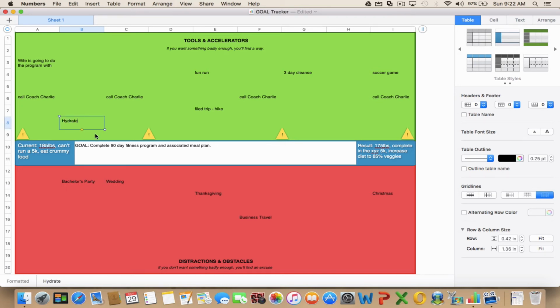It can be as simple as hydrating. It could be as simple as healthy snacking, and we can talk about that as a technique, but it's kind of a beforehand type of thing. If you eat something real healthy before you go, you're not as hungry, you're less likely to overindulge. On my business travel, I make provisions to have my Shakeology